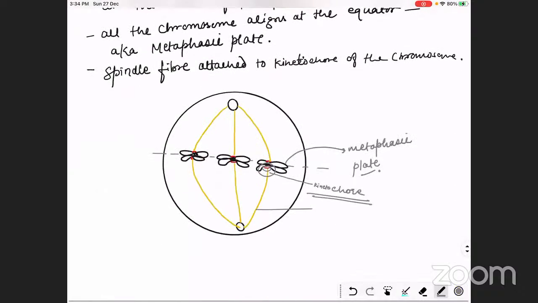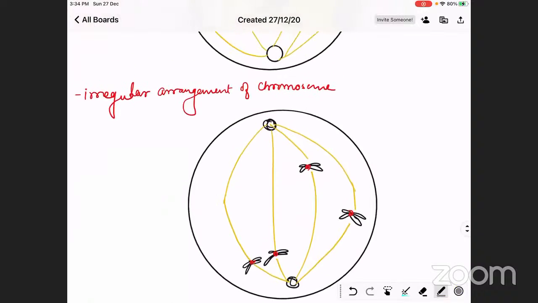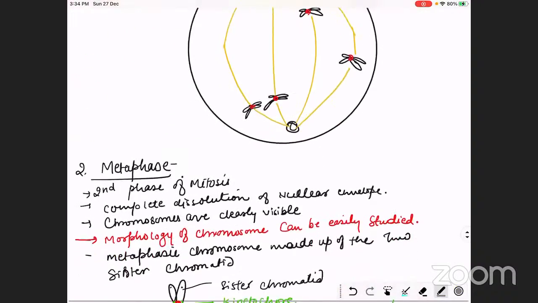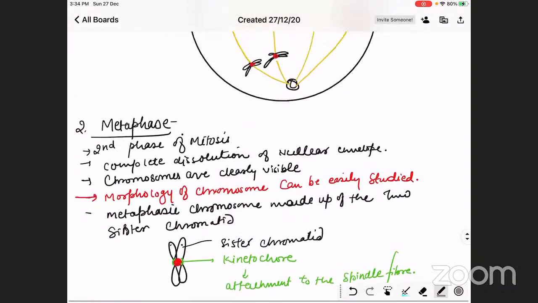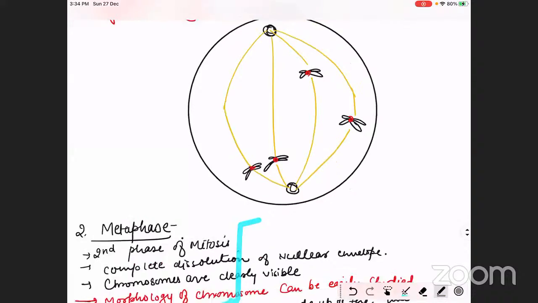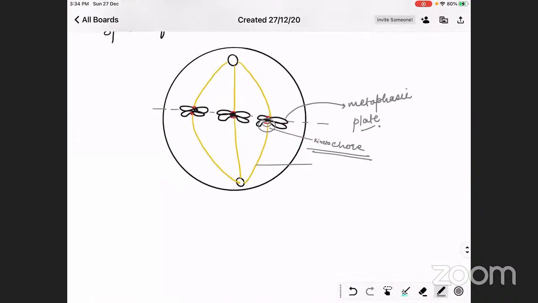We will get a structure like this. I am drawing its structure. And this is the full structure of the chromosome at prophase first, and again this is the structure of metaphase. Okay. Next,